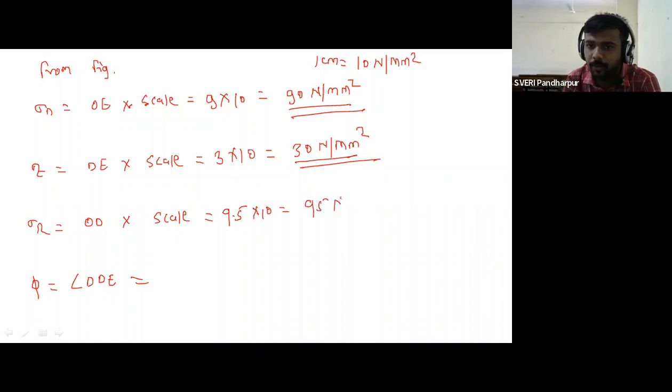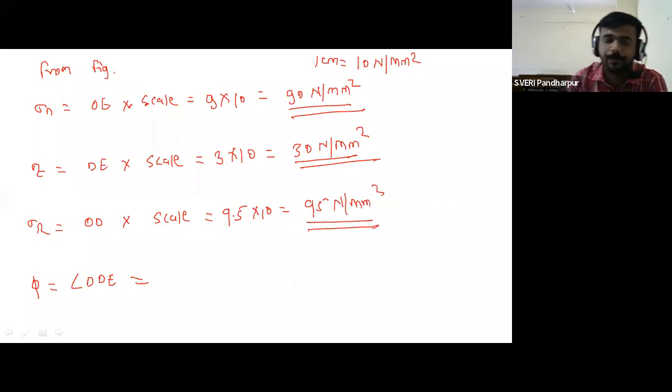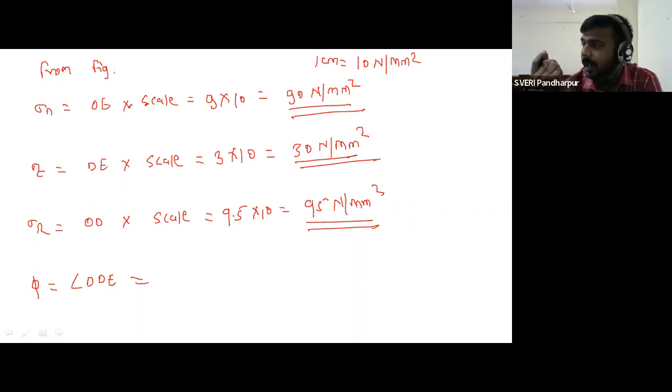So 9.5 Newton per mm square, 9.4 or 9.5. And then measure the angle DOE. 18. Okay. So after 18, if your line is between 18 and 19, that also we can consider like